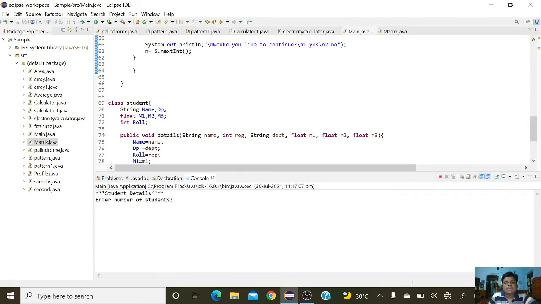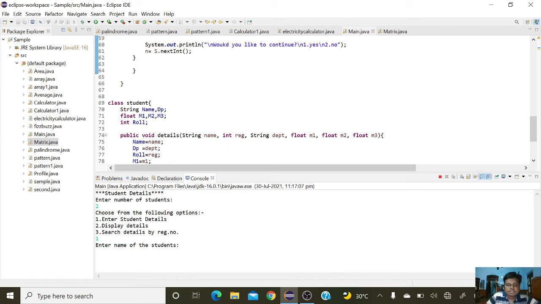Now it's asking to enter the total number of students. I'm going to give 2, and it's asking to choose from the following options. The first option is enter the student details, the second option is display details, and the third option is search details by register number. I'm going to give number 1, enter student details. It asks to enter the name of the student.